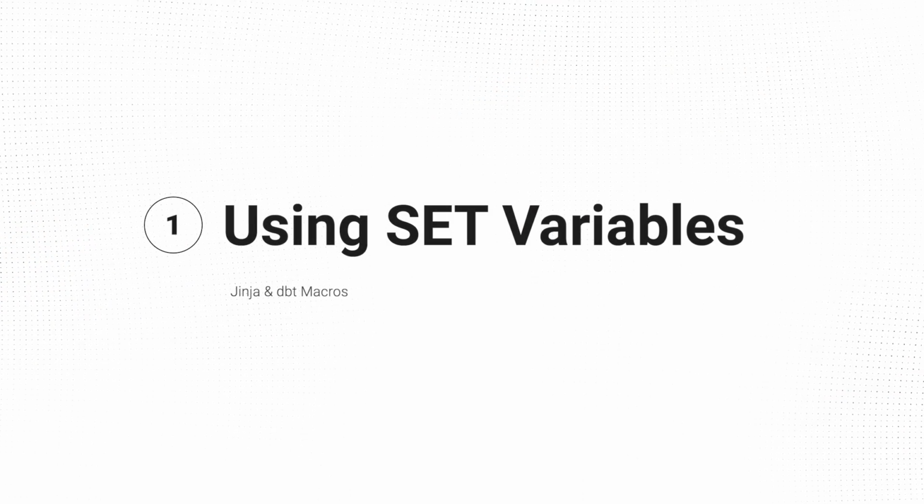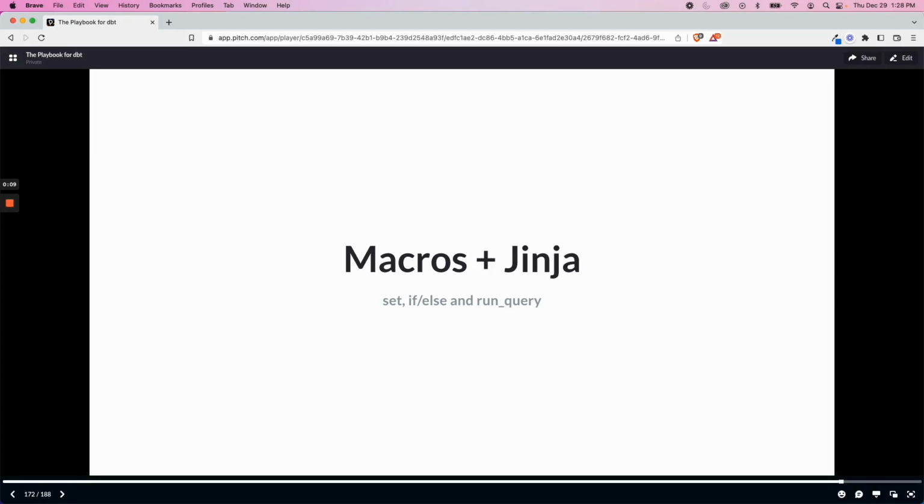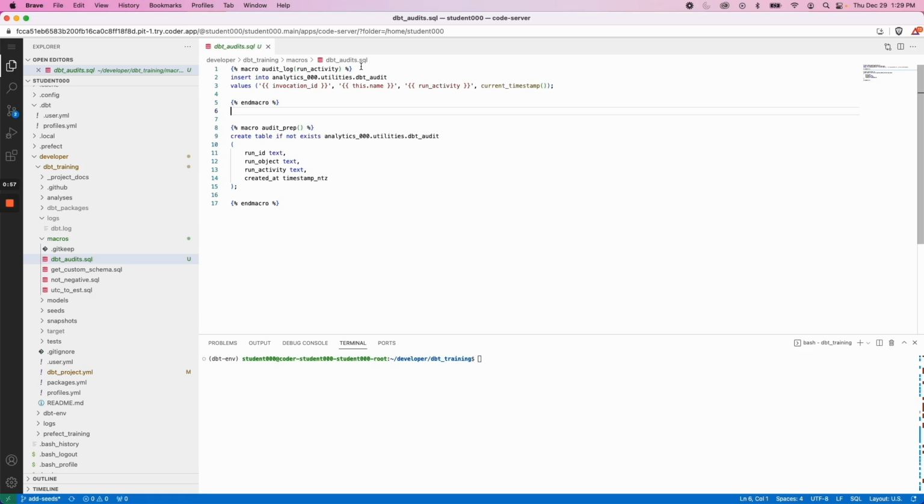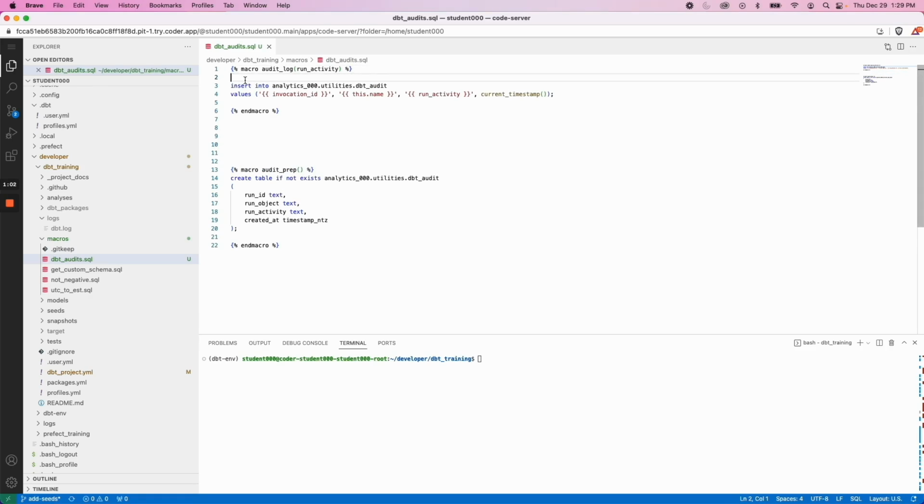In this lesson, we're going to look more into macros and Jinja and how to use some of the common functions within it. For example, how to use set, how to do if-else conditions, and how to use the run query function to execute our SQL commands. So first things first, let's just look at one of these at a time. This is going to be like a working session. So if we look at our audit log macro here, we have this query, looks fine, it works,